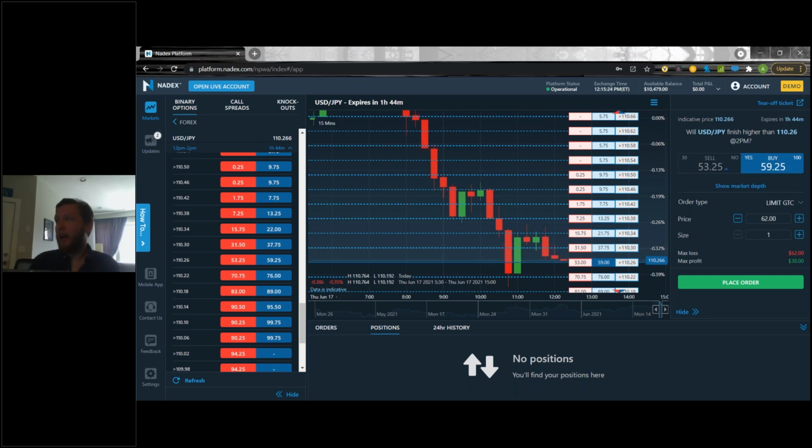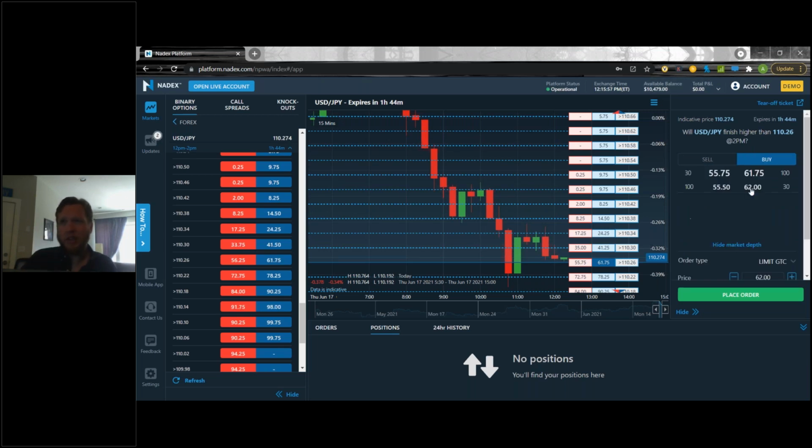That is one other little tidbit that's maybe not as platform specific, but remember that when you do a buy side contract, it is strictly greater than the strike price, while the sell side contract is therefore less than or equal to the strike price, right? If, for example, at 2 p.m. this settled exactly at 110.26, that is a payout for the sell side. It's not a push or everyone gets their money back or anything like that. Because we do get those questions sometimes.